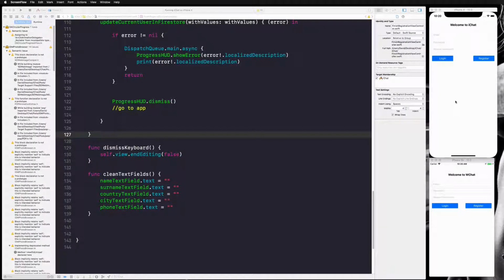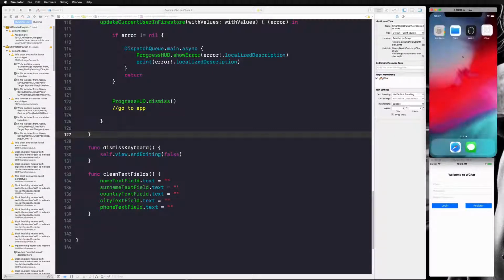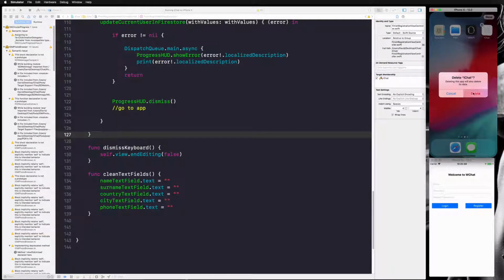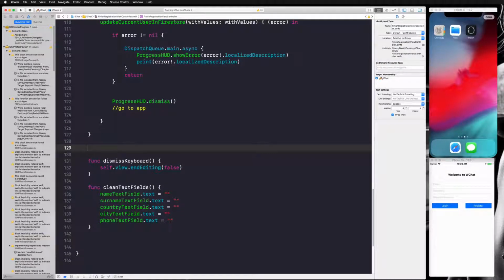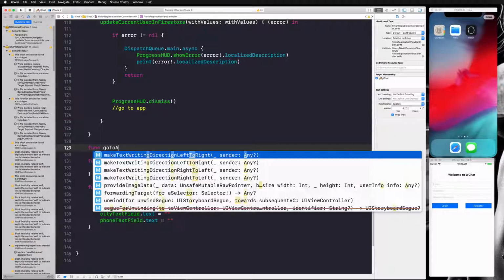Because I have deleted my user from our Firestore, and on my device currently I have no way of logging out my user, what I'm going to do is delete the application, because right now there is a current user logged in on the device, so we don't want to have this. Going to delete the application, and we are going to add our go to application function. This is similar to the one we did for welcome view. So I say func goToApp,